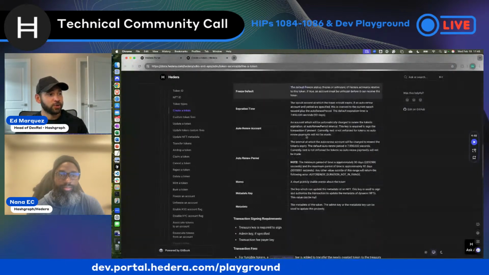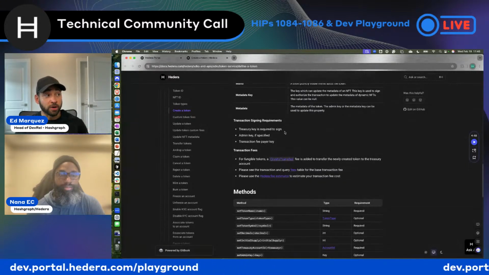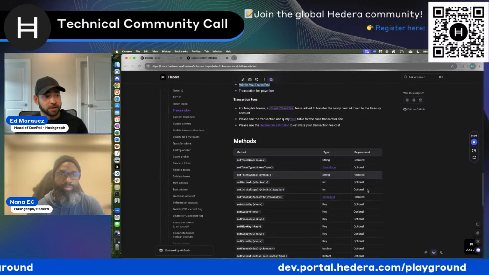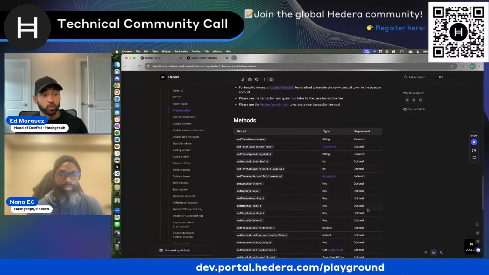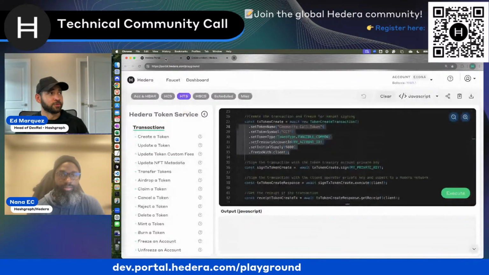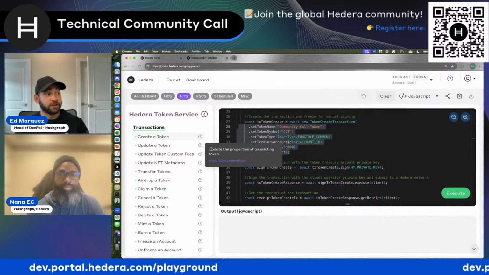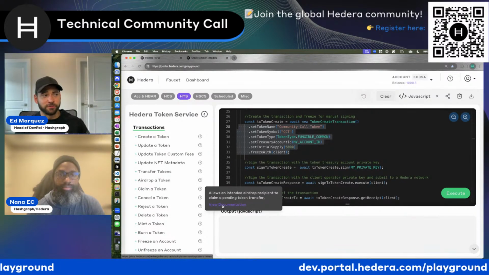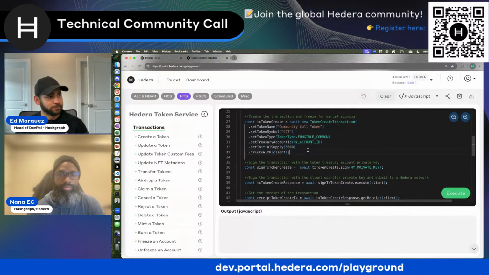That will tell you things like signature requirements for the transaction, and which methods are required and which are optional. That is a very convenient feature of the Playground: it gives you the information you need right at your fingertips.